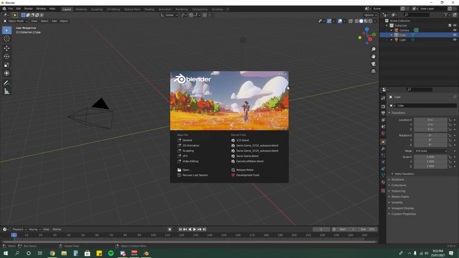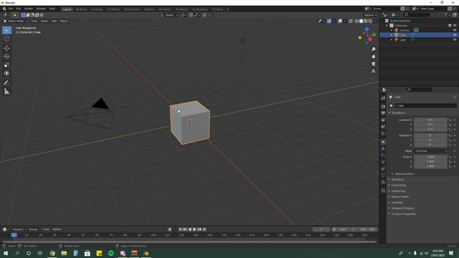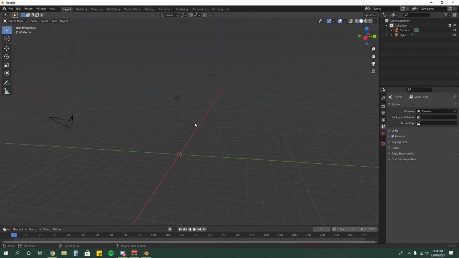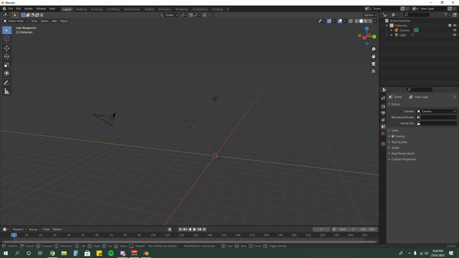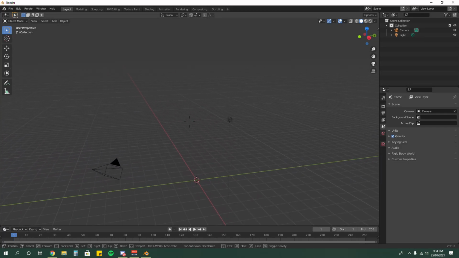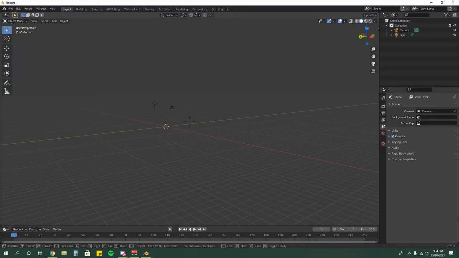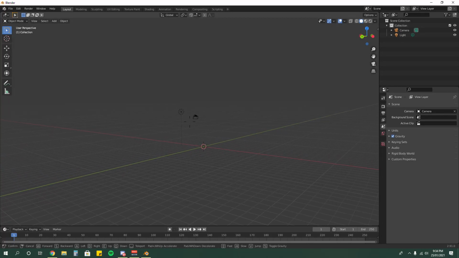Okay, once you open up Blender, my version is 2.91.0. So you just don't want to click any of this. You just want to click out here, and then you want to press delete. If you don't have a delete key, then you can press X, and then here it is. Okay, you want to make sure you hold your middle mouse down, and you can just move it around like this. Alright, so you want to hold shift and apostrophe to move the camera freely. And if you want to change its speed, you scroll up to make it move faster. Look at that. We can scroll it down to decrease its speed.